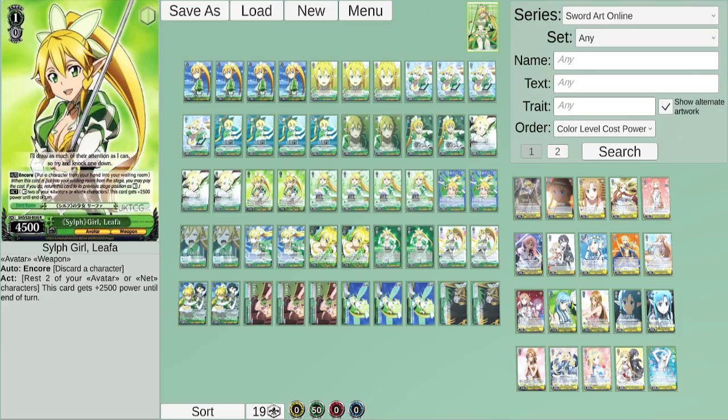Especially if it's just giving this card 2,500 power. I would like it if it was rest any 2 characters. I mean, 2 is kind of a lot, to be honest. Or maybe rest 1 just to get 1,000. But 2,500 power for 2 characters. Okay, that's somewhat fair, but I wish you could choose where to give that power instead of just her getting the power. Because 4,500 is base for a level 1 power. But it does have encore, it is free to play, so beggars can't be choosers, I guess. Anyway,